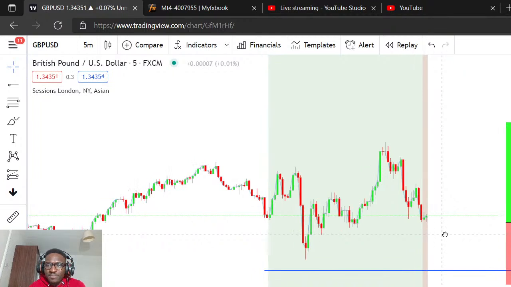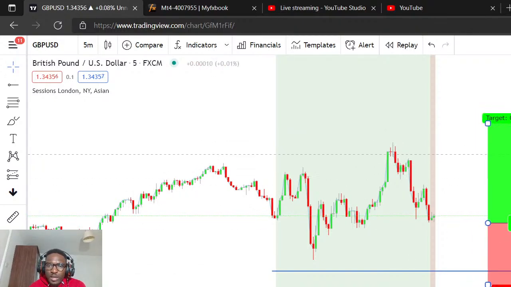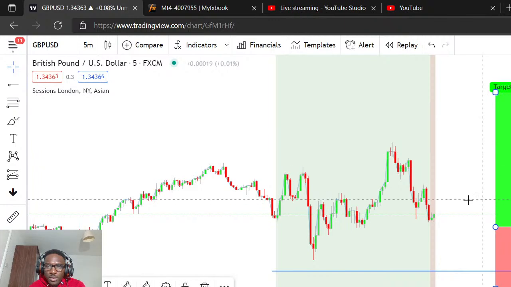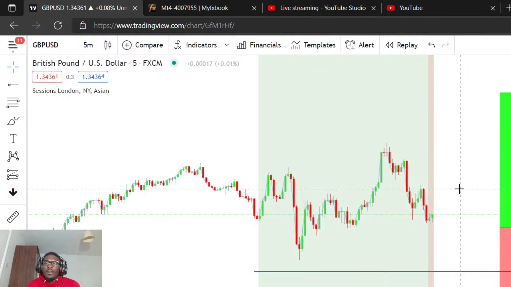As I was saying, this is just to tell you the direction I'm going. It's not gonna tell you where my stop loss or take profit is gonna be, because I don't use stop loss, I don't use take profit. But this is just to give you a guide. So don't look at this as where my targets are. The most important thing is to know that I'm long on this trade, and obviously the expectation is that the market is gonna go up.